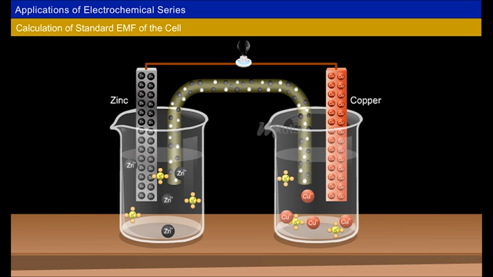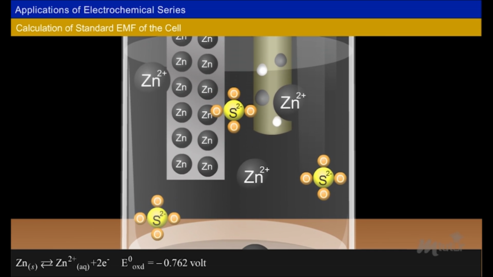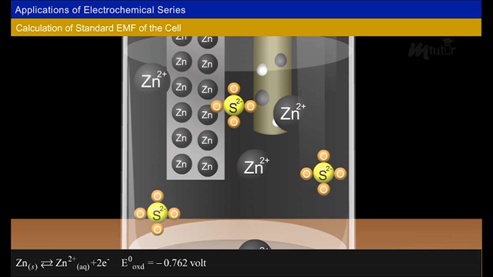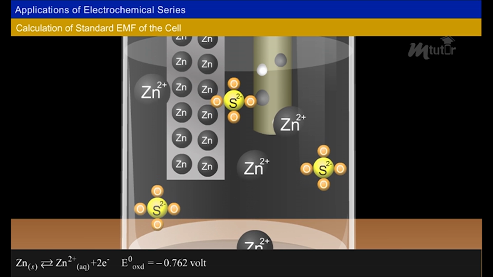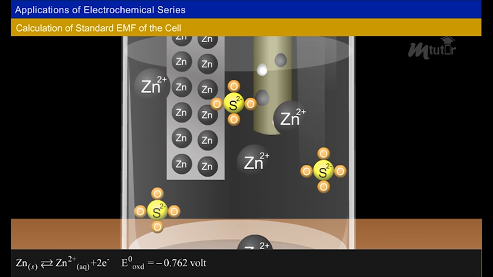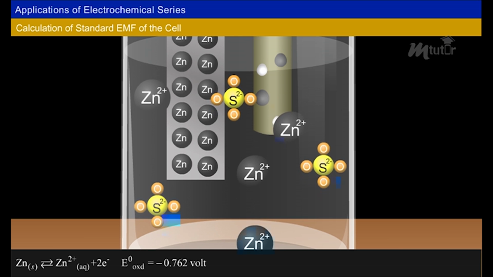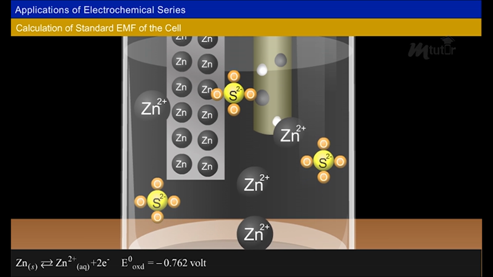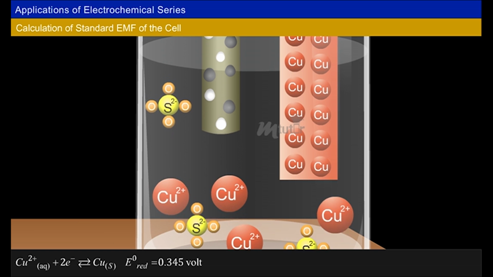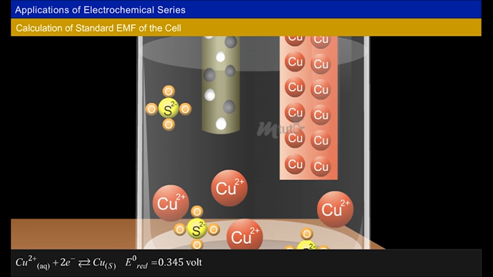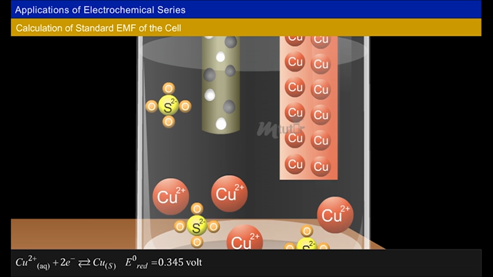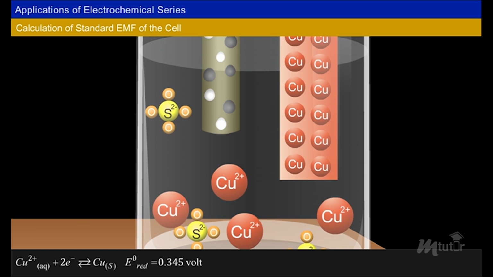Calculation of standard EMF of the cell. We see a galvanic cell with zinc as anode and copper as cathode. The first half-cell reaction is zinc losing 2 electrons and getting oxidized. The standard reduction potential value of this reaction is minus 0.762 volts. In the second half cell, copper gains 2 electrons and gets reduced, and the standard reduction potential value for this reaction is